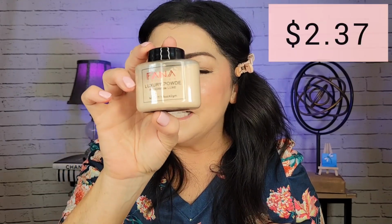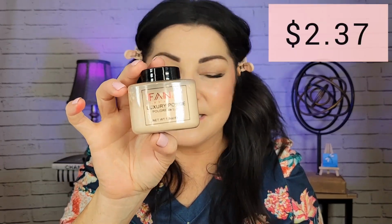But like I said, I do have a powder, and I've seen a lot of powders like this. I know Makeup Revolution has one. I know there's a lot on makeup artists' websites that look like this. So the only bad thing about these is that you really can't place it in the cap. So what I'm going to do is just place it on like,